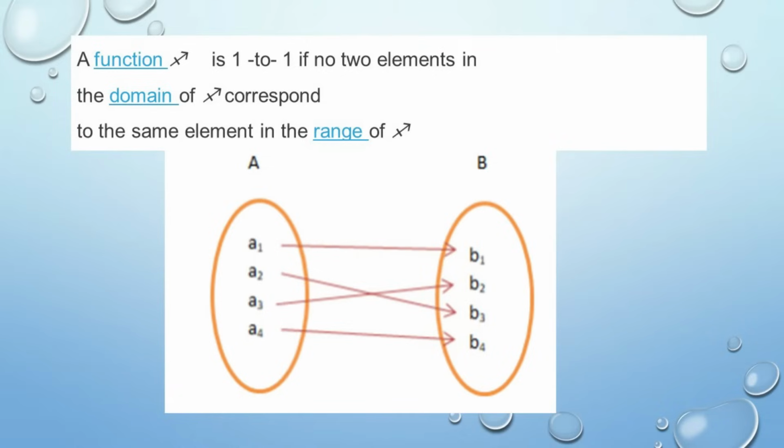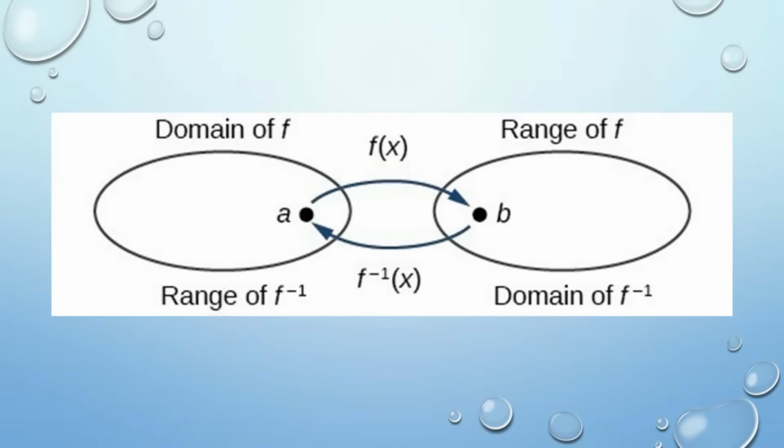There's an important point to remember. For a function to have an inverse function, that function definitely should be a one-to-one function. If it is not a one-to-one function, we cannot find the inverse function. If we know the domain of the function, we can easily find the range of the function. And if we know the range of the function, that is the domain of the inverse function. And the domain of the function becomes the range of the inverse function. Remember, domain and range interchange each other.